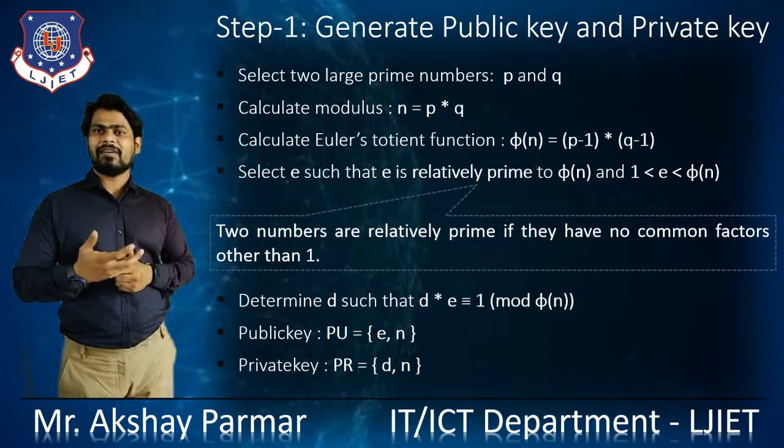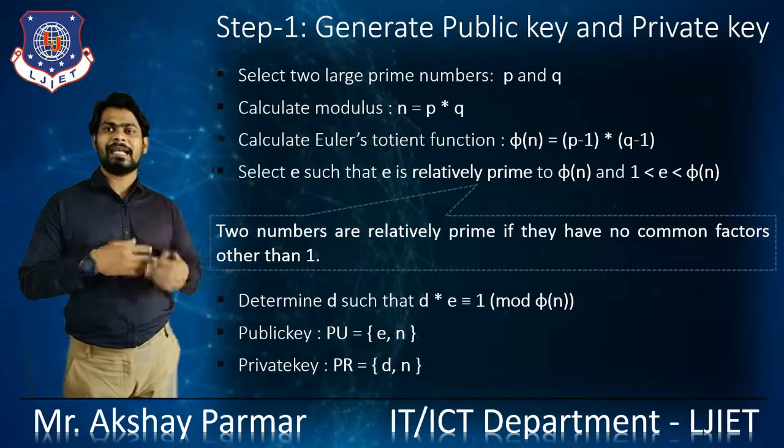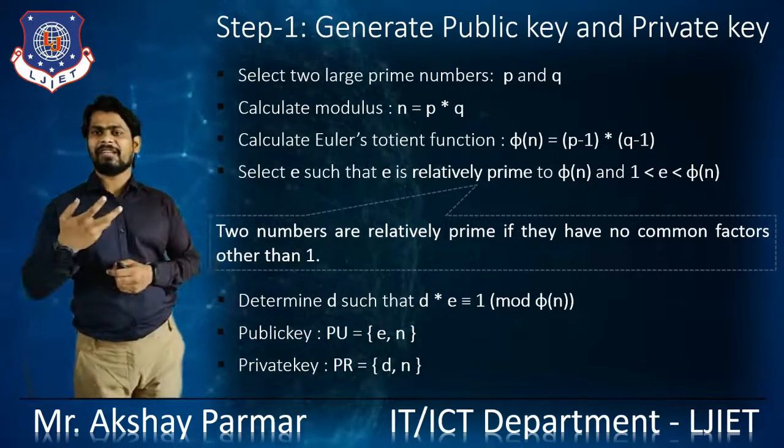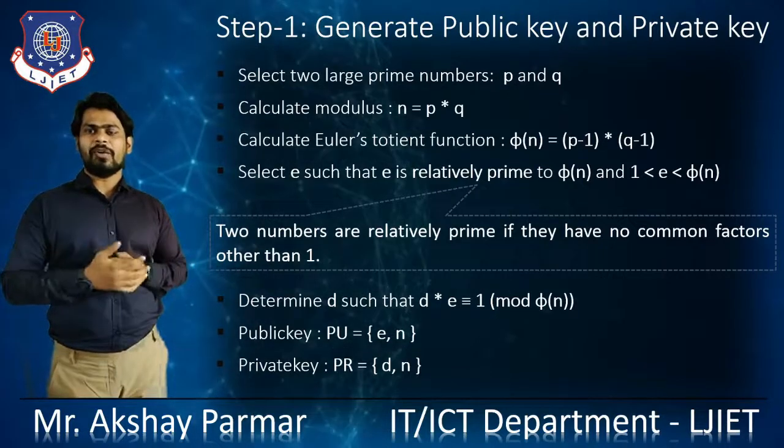Right? That phi n is equal to p minus 1 into q minus 1, right? That's how you are selecting an e. After that, the private key. The private key is d and n, right? So how you are determining that